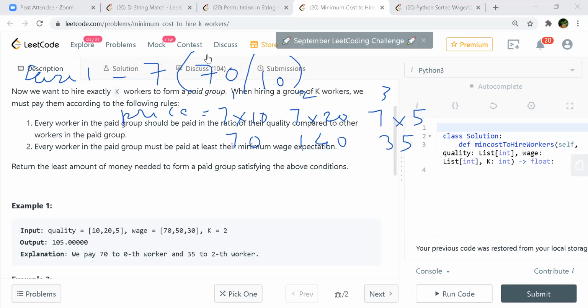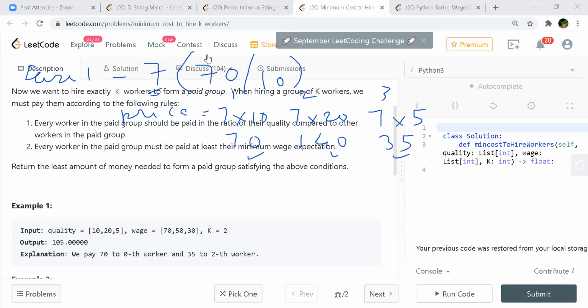Okay. And then what we do is actually look for the price. The current price should be greater than the worker wage, correct? So in this, 70 is greater, so we will consider this value. Okay, this 140 is also greater. So we'll consider all of them in this case, right? Right. With whom are you comparing? We are having this ratio, so that will be indirectly comparing with the 0th worker.